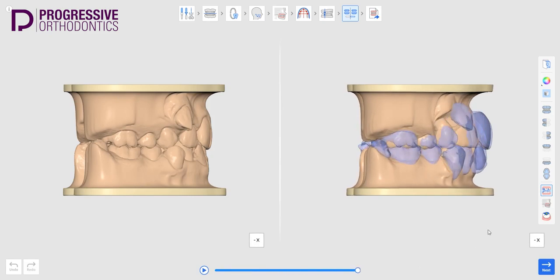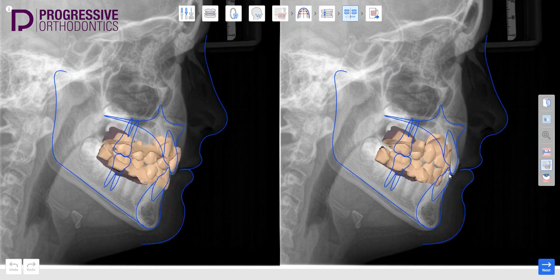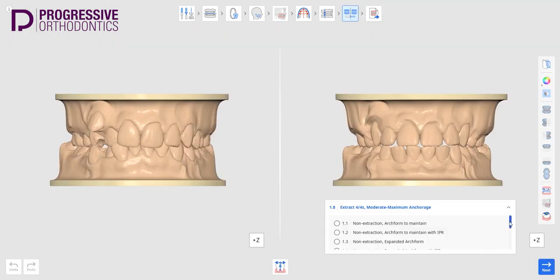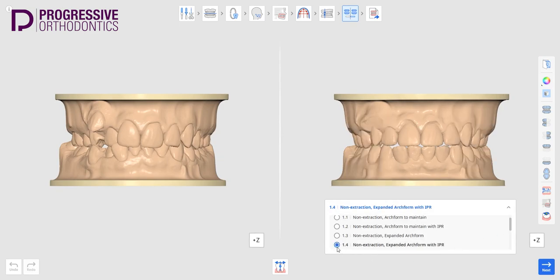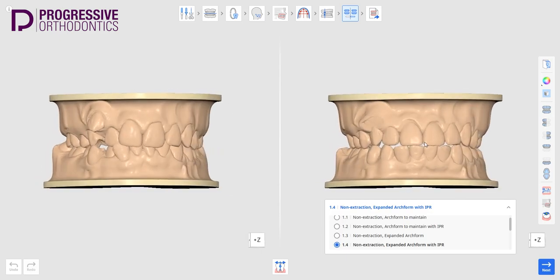Using the superimposition animation and ceph overlay tools, you can see that this is too much retraction of the anterior teeth for this patient. So option 1.4, non-extraction with expansion and IPR, looks like a good treatment choice for this patient. If we see any teeth with poor alignment, we can click on the tooth orientation tool at the bottom